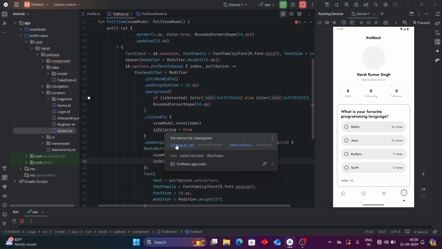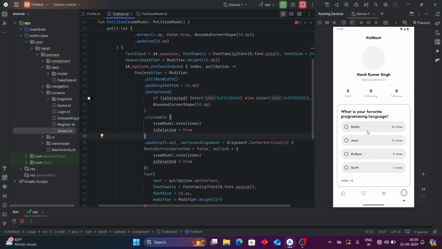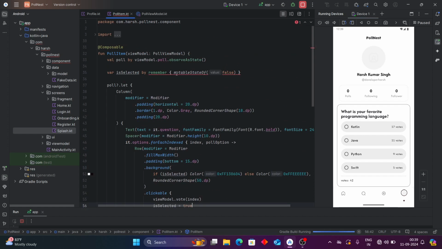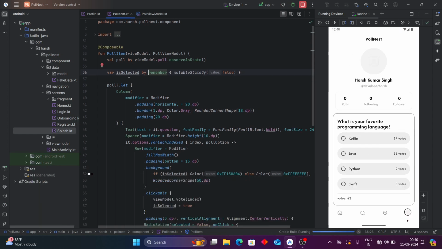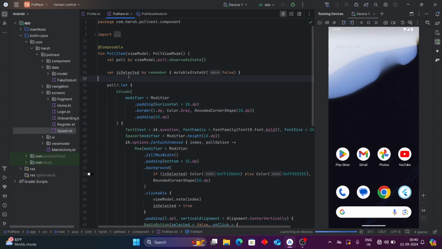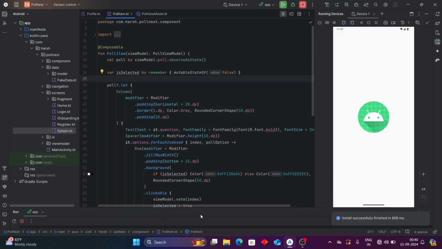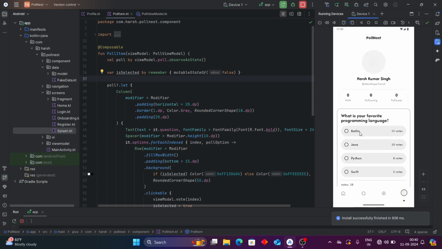Okay, what is showing? Change to variable. Okay, set value. Remember. Okay, so now as you can see,